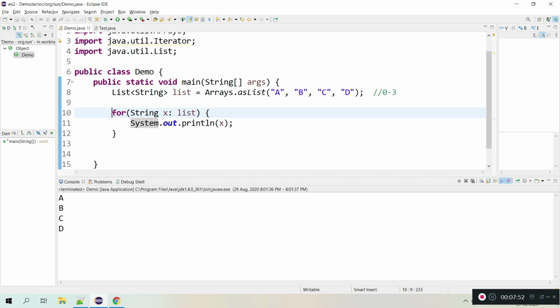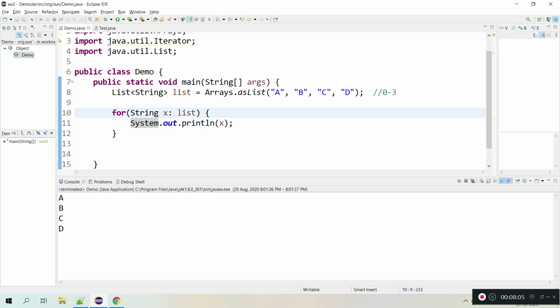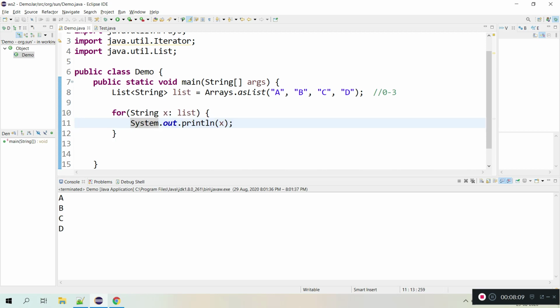But using enhanced for loop you can avoid those, and we can simply write, and this is a clean and neat code, so readability is more compared to those. And one more thing, if you see here, I'm not bothering about the indexes and what is the order, just I'm printing. So this is perfectly fine for us.